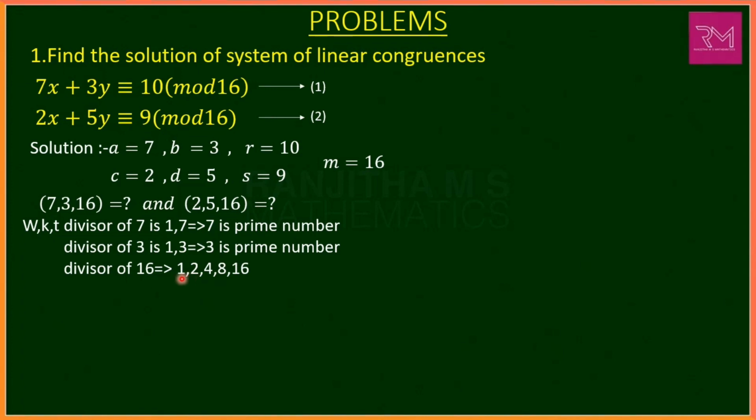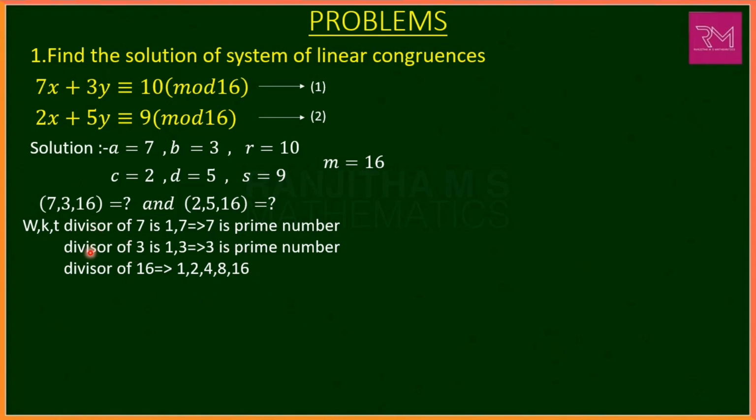Here 1 divides 16 is nothing but 16 divided by 1; 1 ones are 1, 16. 2 divides 16 is nothing but 16 divided by 2; 2 ones are 2, 8s are 16. Here 4 divides 16 is nothing but 16 divided by 4 wholes. In the similar way, the divisors of 16 are 1, 2, 4, 8 and this number 16 itself is a divisor of 16.